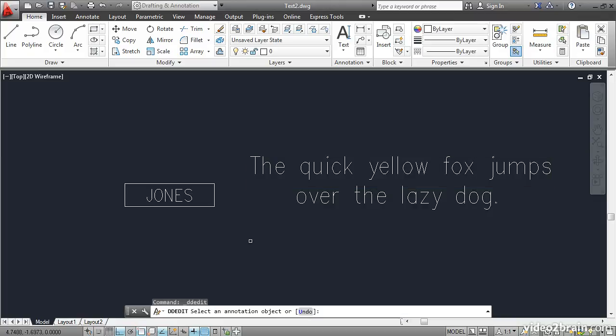Click outside of the text to complete the edit. You remain in the dd-edit command, so you can go ahead and click on another text object and start editing it. I'll press Escape. A shortcut for dd-edit is just ed, Enter. Then I can change this over here